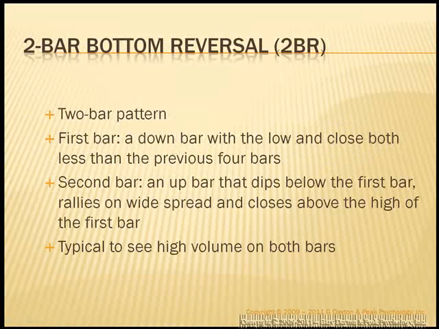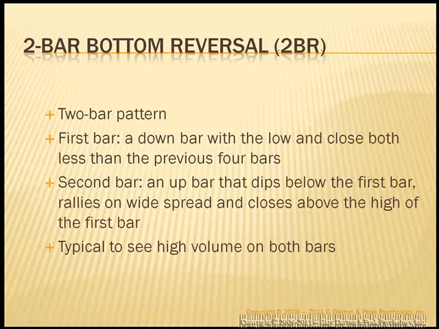All right, so one of the patterns that comes up frequently is this thing that we call a two-bar bottom reversal. It's a two-bar pattern. The first bar is a down bar with the low and the close down below the previous 3 or 4 or 5 bars. It's just an area below the previous bars. Then the next bar in this pattern is an up bar. And it's best when it can dip below that first bar, rallies up on widespread, and closes above the high